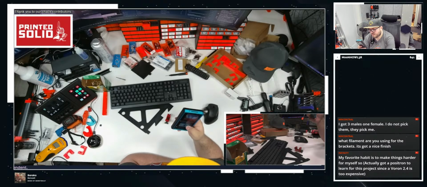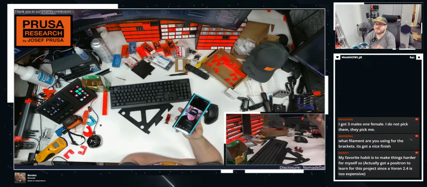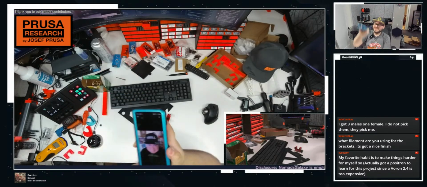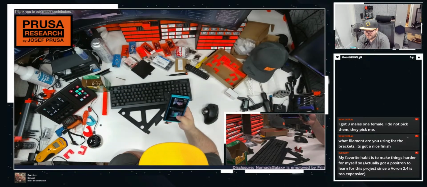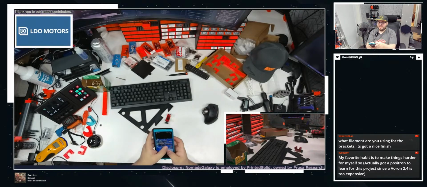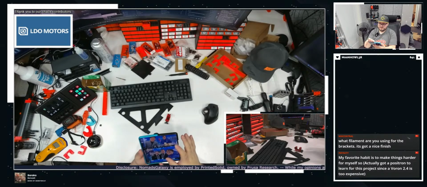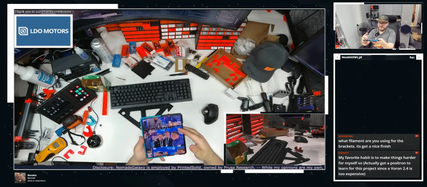Let's see. I don't know who this is, but I need this hat. Oh, man. Some awesome photos of LDO at the show. Gotta love it.